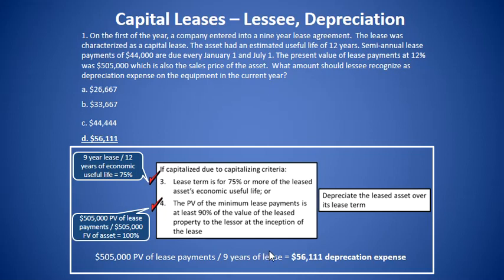So in this case, the rule is to depreciate the leased asset over its lease term. I'm sorry, the present value of our lease payments is $505,000. We have 9 years on our lease term, so we take the $505,000 present value of the lease payments divided by the 9 years of the lease, and the answer would be